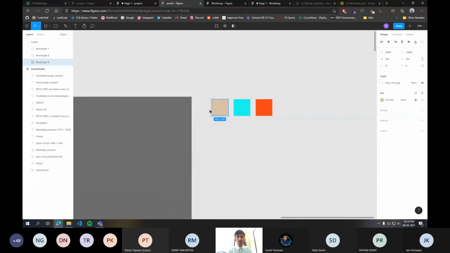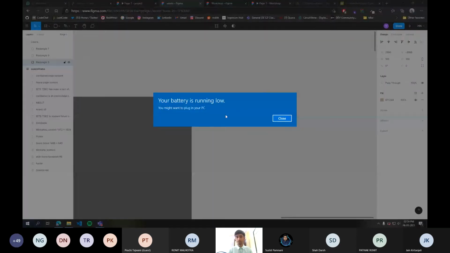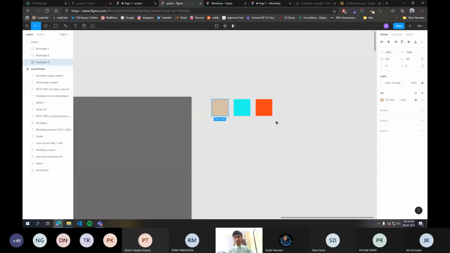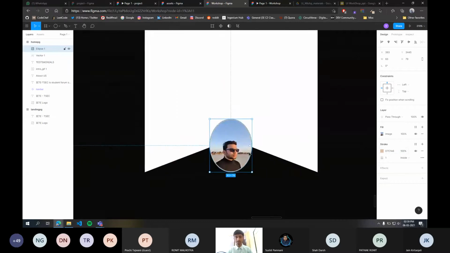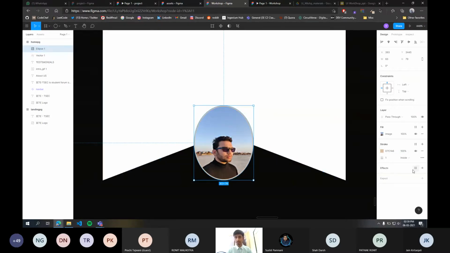So you can select this golden brown color, and you can copy its hex value and you can just paste this hex value and press enter. As you can see, the color of the outline has been changed.